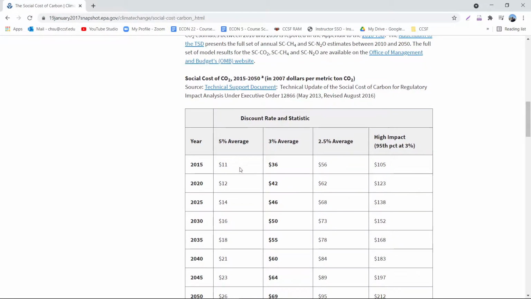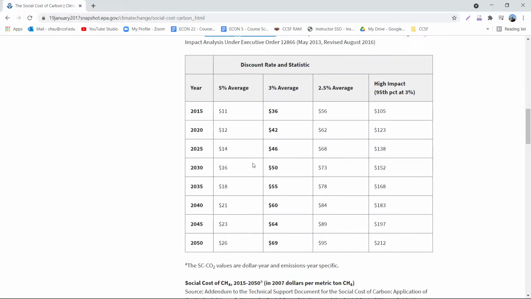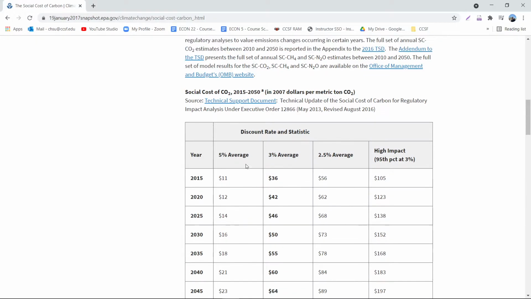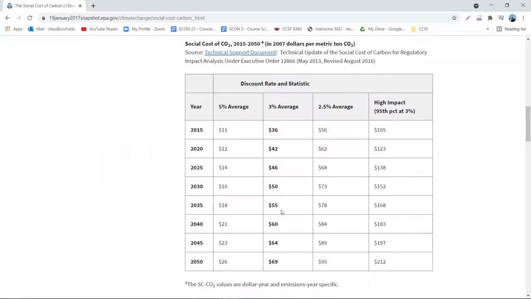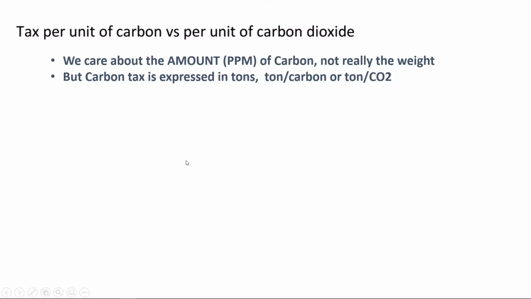Okay. And so again, which one of these numbers is the right one? There's no right one, right? It really depends on what we value. But nonetheless, in order for us to achieve the efficient outcome, we must have a proper estimation of the social cost of carbon. So coming back to carbon tax. So when we talk about carbon tax,